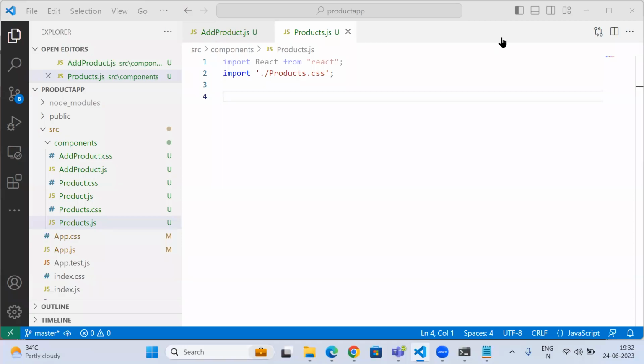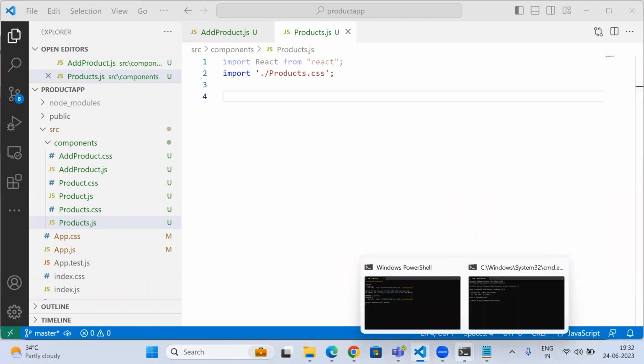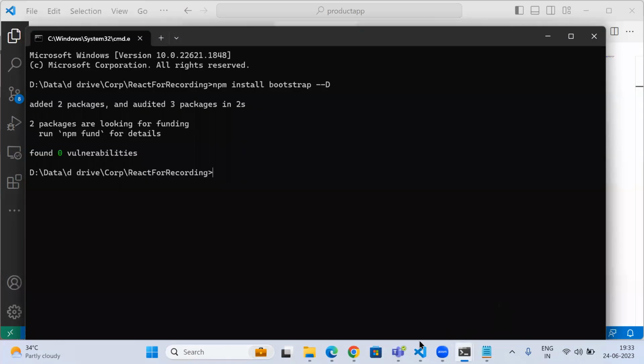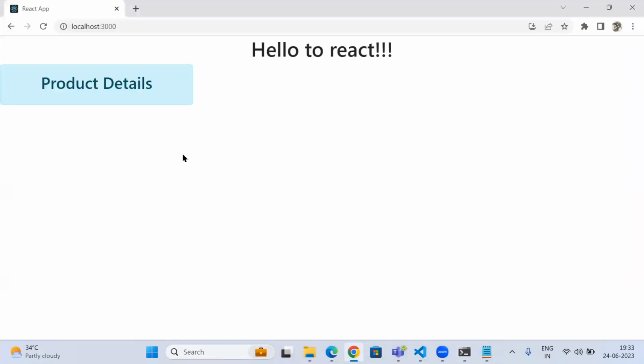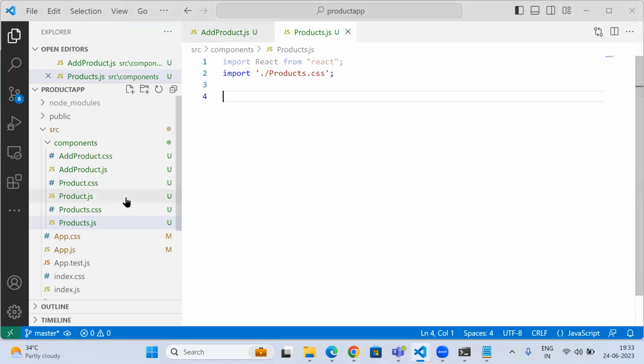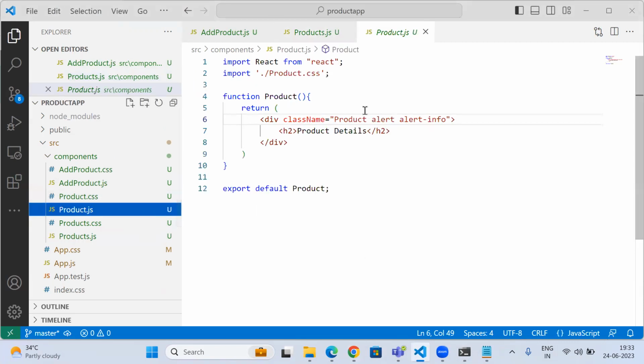Well, with the ease of working, I've just installed Bootstrap in our project. You can see that there, and the effect of Bootstrap is visible right here. Now, I have included Bootstrap in our product.js, so you can see the Bootstrap class here. Now, what we are going to do is create multiple components, and we're going to collate